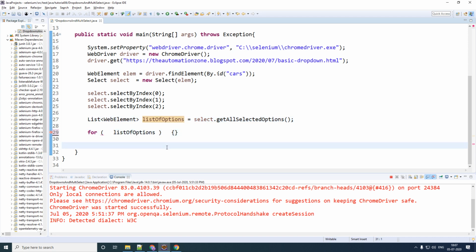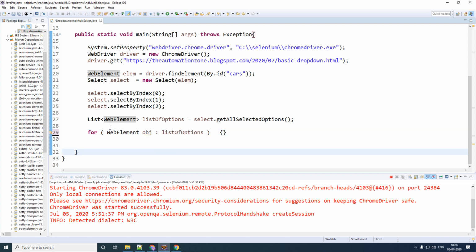Your list of options contains web elements, right? So let me create an object of the web element also inside the parentheses. So web element, and let me give any object name. Separate this and the object which is created by a colon.